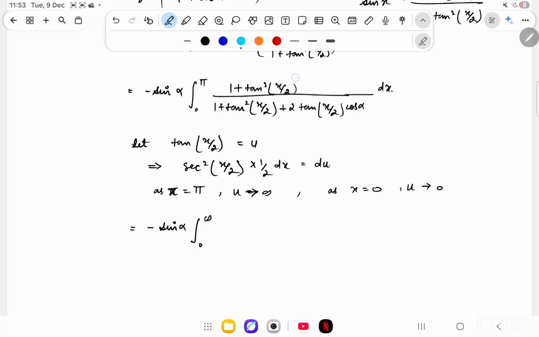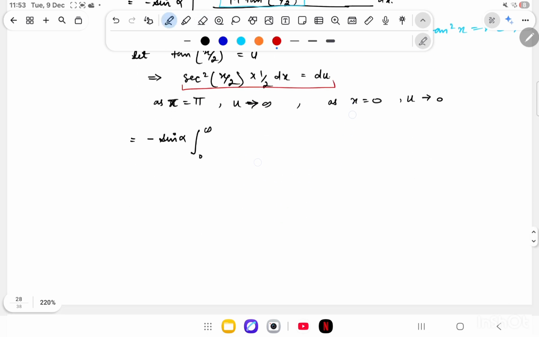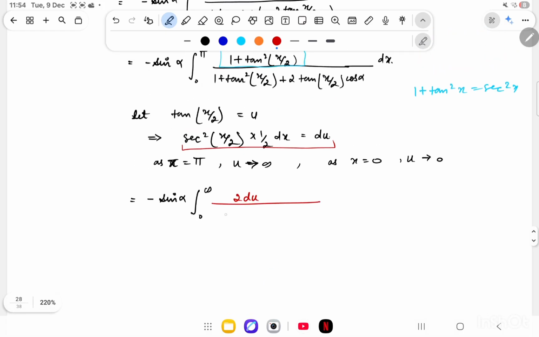And 1 plus tan square x by 2 is basically sec square x by 2, because we have the formula 1 plus tan square x equals sec square x. So this will be sec square x by 2 dx, and using this relation we can replace it with 2 du, so it will be equal to 2 du divided by